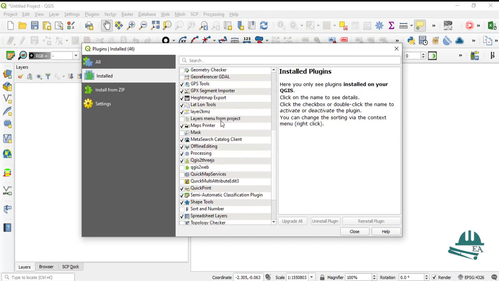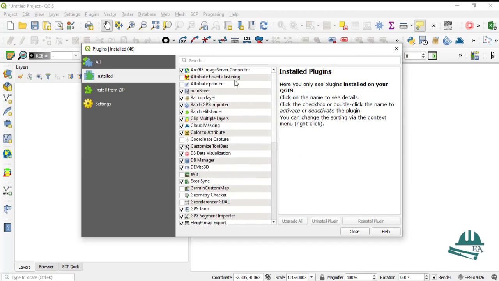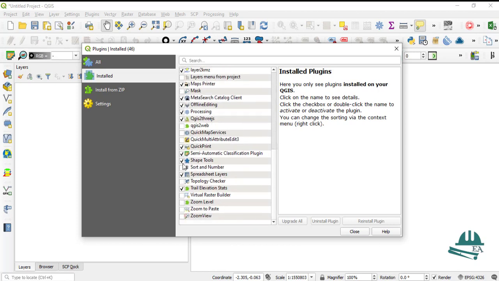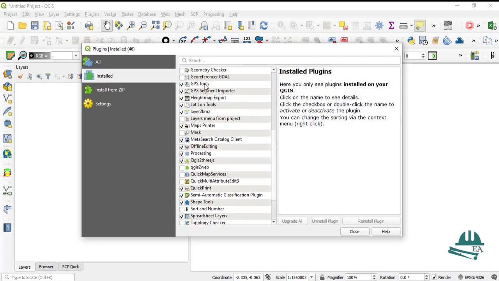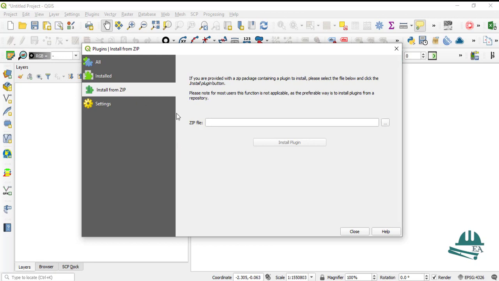In Installed, you will see some of the plugins that I have installed on my QGIS application, such as Autosaver, Attribute Painter, and the mostly used external plugin for me, the Semi-Automatic Classification plugin, which makes the work on Landsat images much easier, and the other is GPS Tools, which is used for exporting or importing GPS data into the QGIS application.